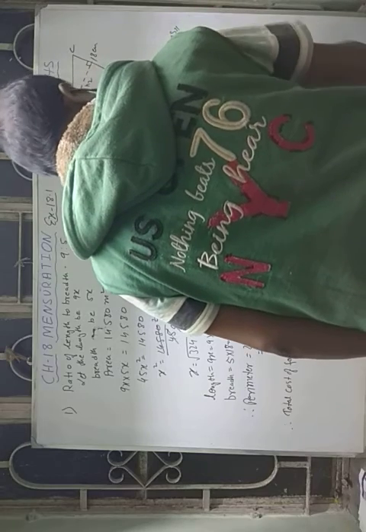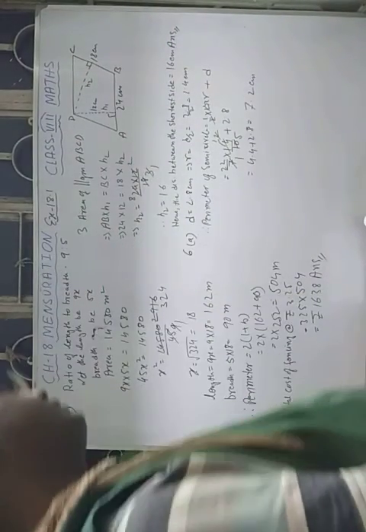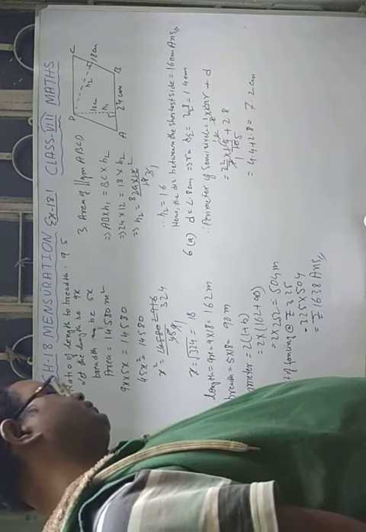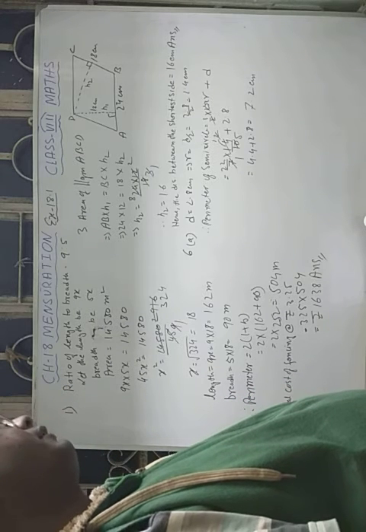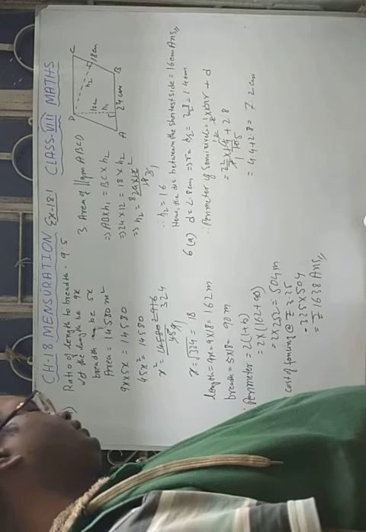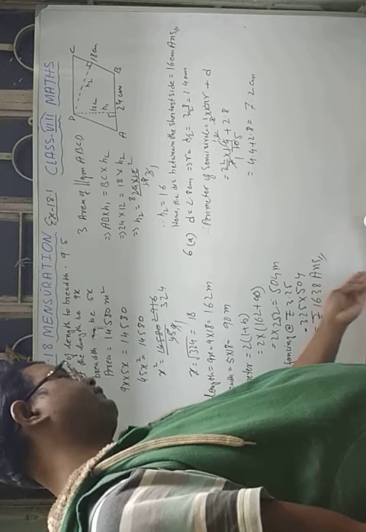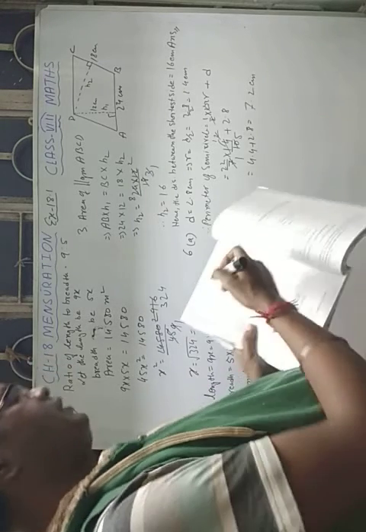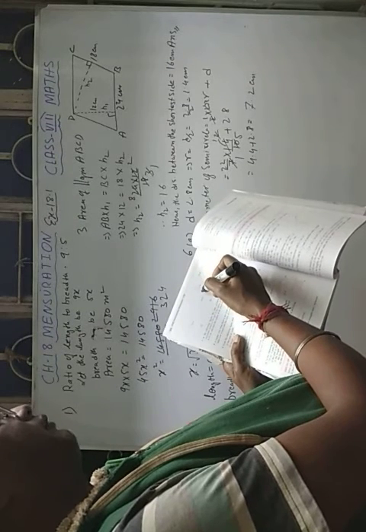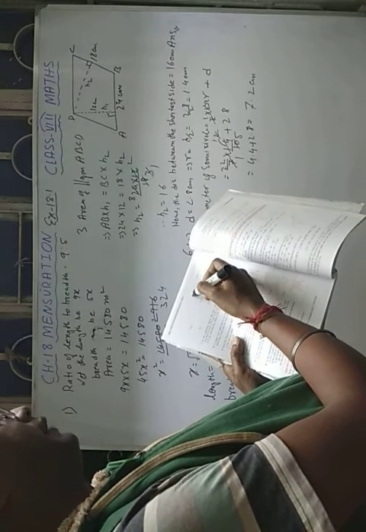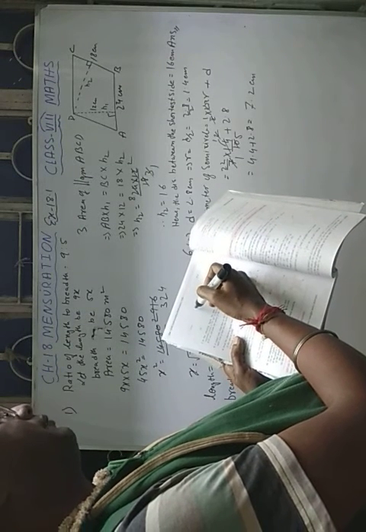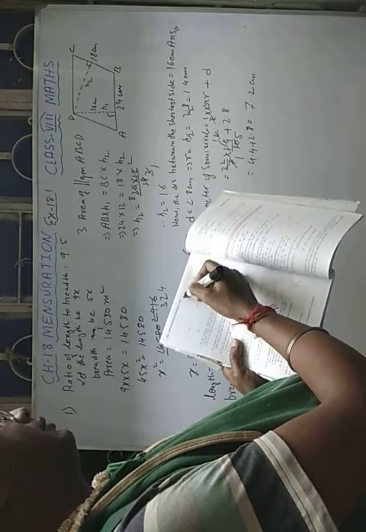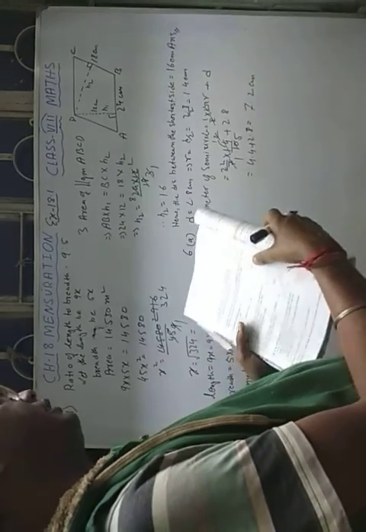Okay. In a semicircle, the ant has made the round of 7.2 centimeter. Now you have to find the perimeter of the second figure also. In the second figure you can see three sides are given and one is the curved portion. So you can find the circumference of the curved portion and add the remaining three sides. You will get the answer.